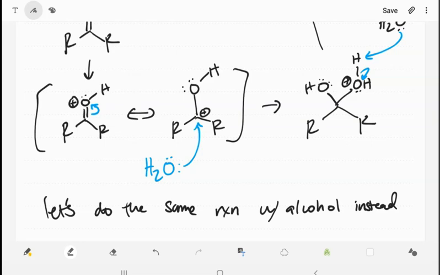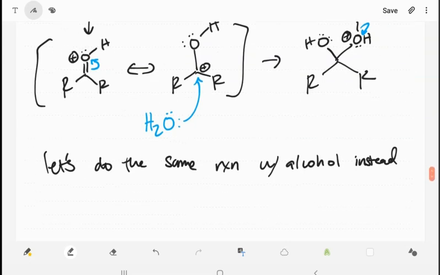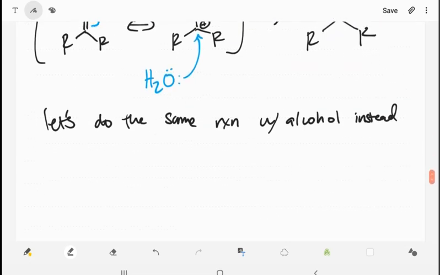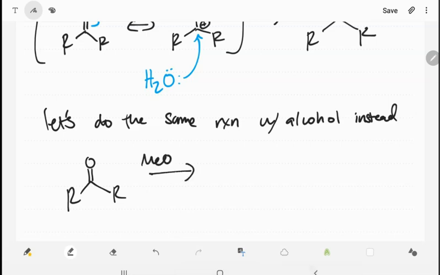Let's use methanol because that'll make our structures simple. We're going to see that if we take our ketone or aldehyde, wow, that's real ugly. Okay, let's try this one more time. There we go. Okay. If we put this with, say, some methanol under acidic conditions,